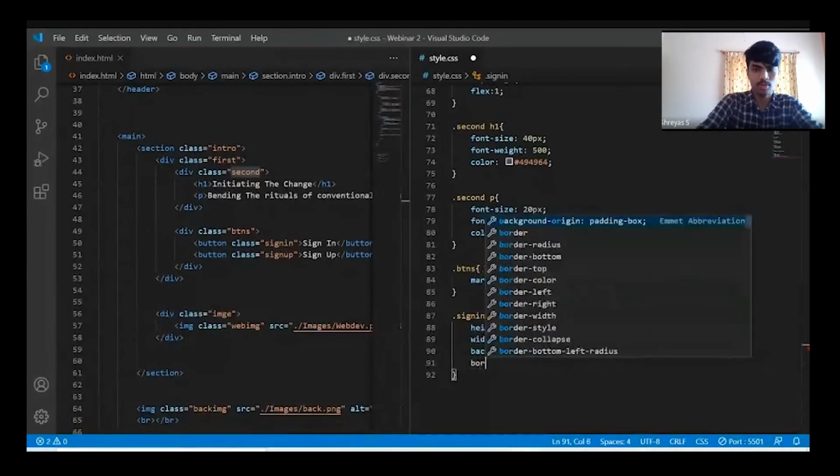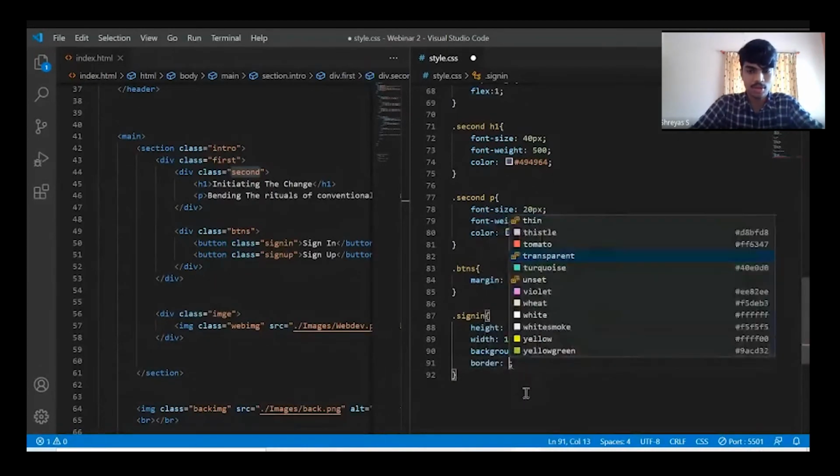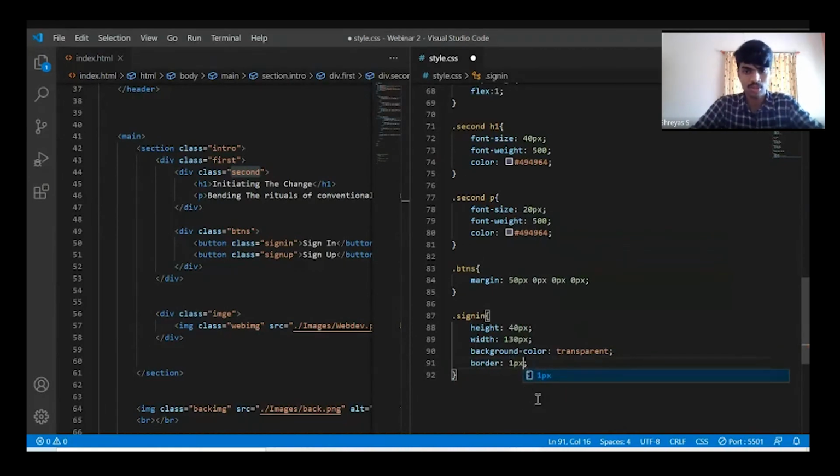Then the border property. Just by setting border, in three-way we can mention it. First comes the thickness of the border, that is 1 pixel. I need a border of 1 pixel. Then comes the type of border. I want a solid. If you type dotted here, you'll get a dotted type of border. 1 pixel solid border and the color of the border that you want to add. I'll be using this color. The same color I'll be using even for the text color because it is a transparent button.